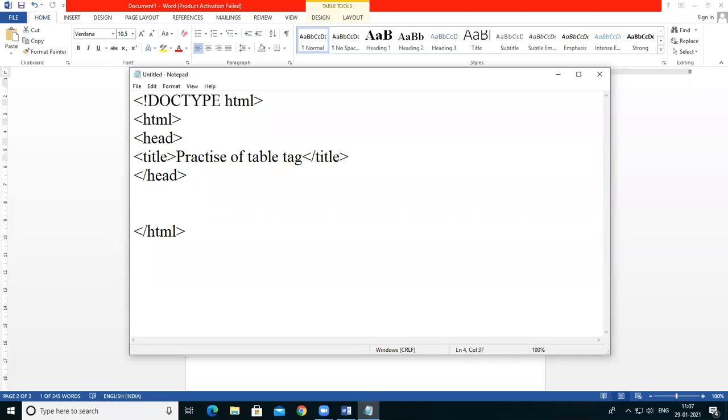Okay, it gives the title to the web page, that is practice of table tag, and the body tag has all the data which comes in the web page.